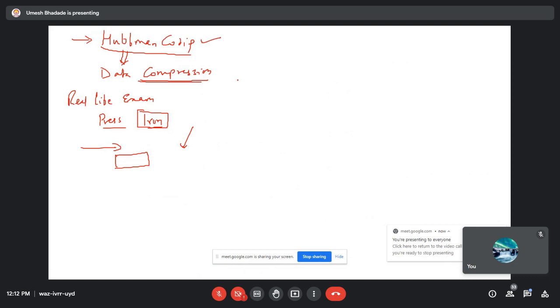To save the information with less space, कम जगह पे इंफॉर्मेशन सेव करना. Suppose I want to save this information